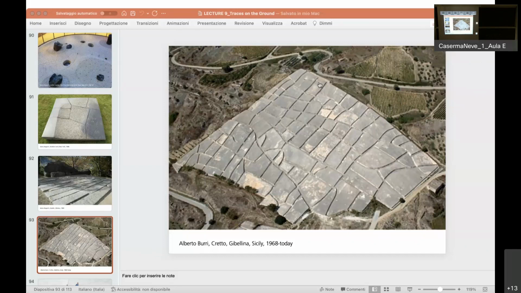It's really harsh, of course, but it was much criticized. It has received a lot of critiques because, if you see it from a certain point of view, it is a big, huge slab of concrete over the landscape. So environmentalists or ecologists have said this. Anyway, of course, I think that it has a power